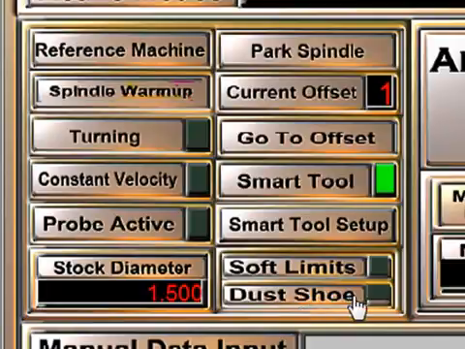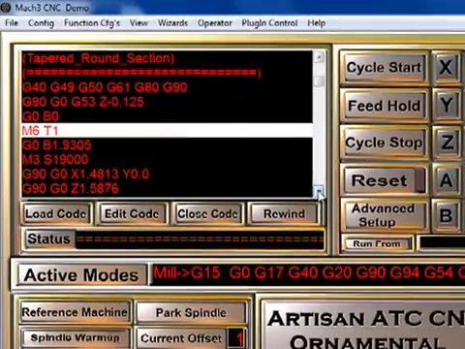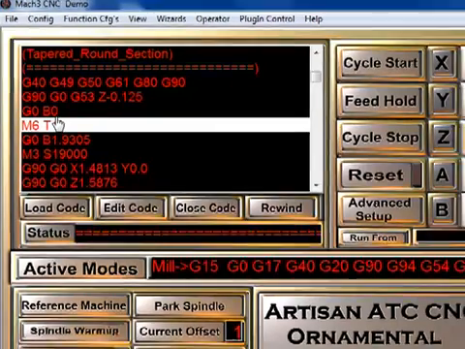And the last one here is a new feature for the dust shoe option. Now, if you pick up the optional dust shoe from Kent CNC and you attach it to your router, it makes it difficult to change the cutter or touch off the Smart Tool pad. The dust shoe has a magnetic base that pops off very quickly. When the program runs through and sees an M6, it will position the router over the Smart Tool pad. You can then change the cutter, and to do so you would remove the dust shoe.